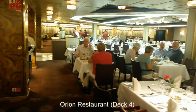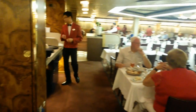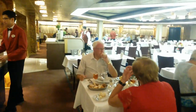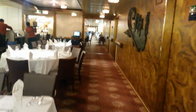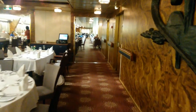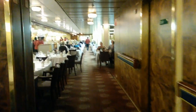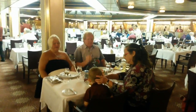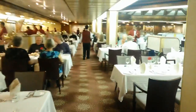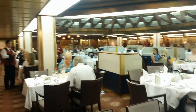This is the Orion restaurant on deck 4. There are 2 entrances. There's one here, and then if you go down the side, there's almost 2 halves to the restaurant. So here's the other half. And there's the second entrance on the other side, but you can also get in the other side